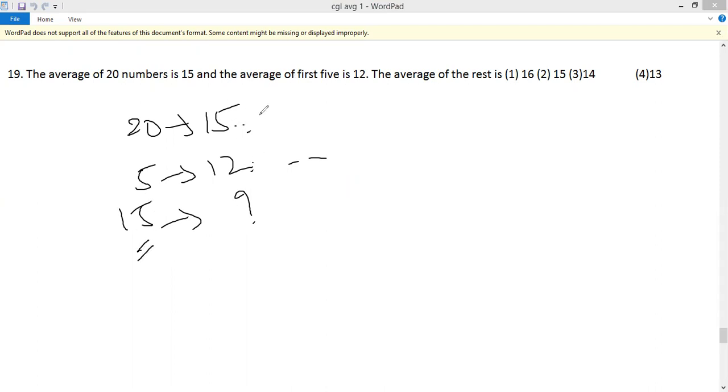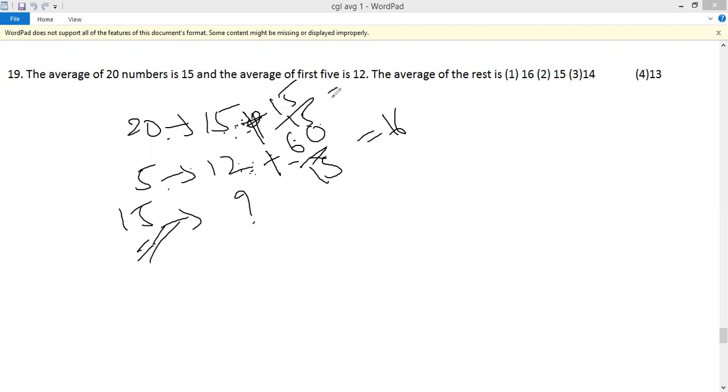Suppose 15 plus something. How much is the distance? Assume from 12 you can tell. From 12, the distance is 3. 3 into 20 is 60. Divided by 15 numbers, 50. Right? This is 60. You take 3 into 5, that is 15, by 15 numbers. So the answer is 60.